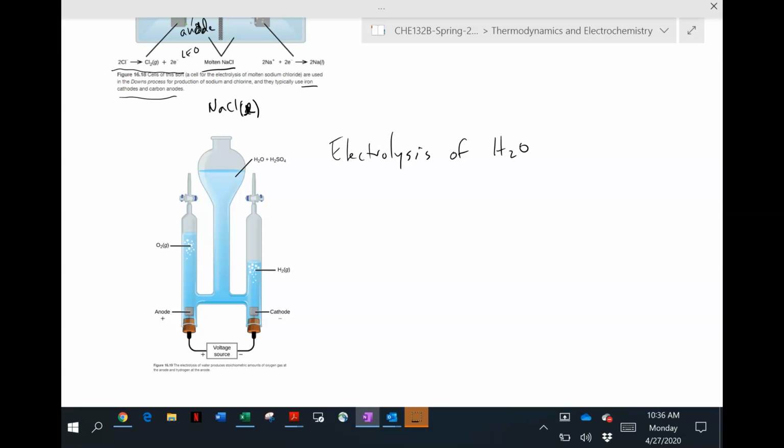If you pass a current through water, so you have your voltage source down here, you've got your anode and your cathode, and those are inert anodes and cathodes. I don't know what they are in this case. We'll make something up in a minute here. Let's say they're platinum. So we have a platinum cathode on one side, and a platinum inert anode over there. What's going on on the anode side is H2O is going to O2 gas,